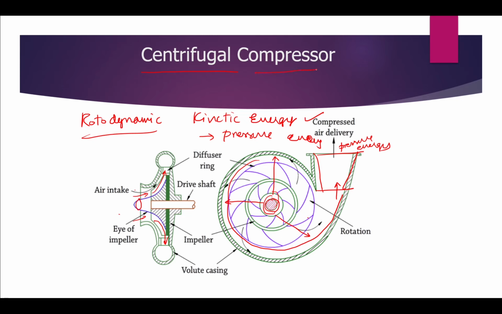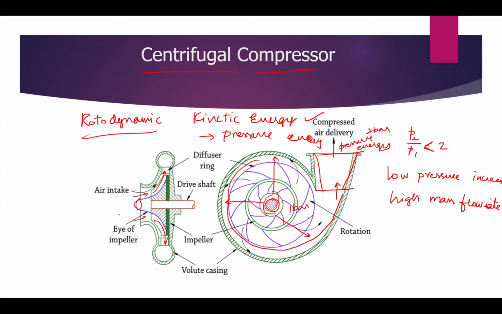In case of a centrifugal compressor, the pressure ratio will be very low. It is approximately less than 2. It will be less than 2. Say if it is 1 bar, the maximum it can get here is 2 bars. Centrifugal compressors are used generally for low pressure increase and high mass flow rate. We will use it only when we require high mass flow rate.